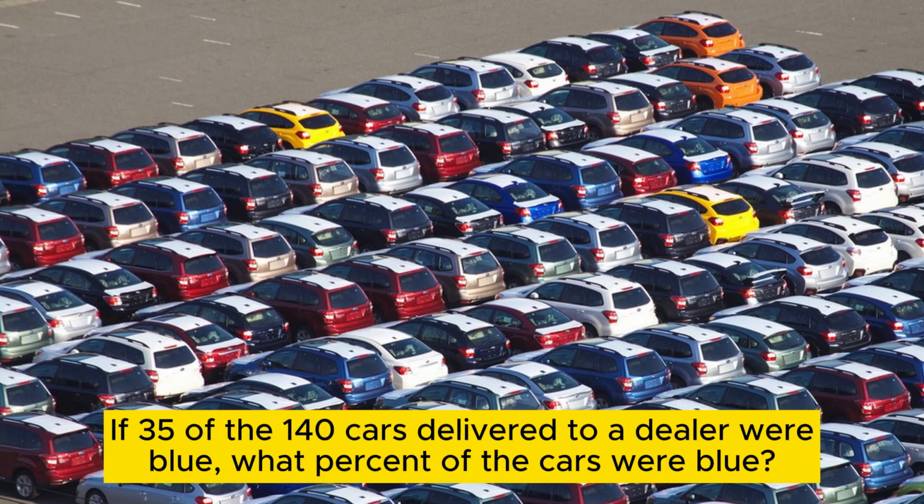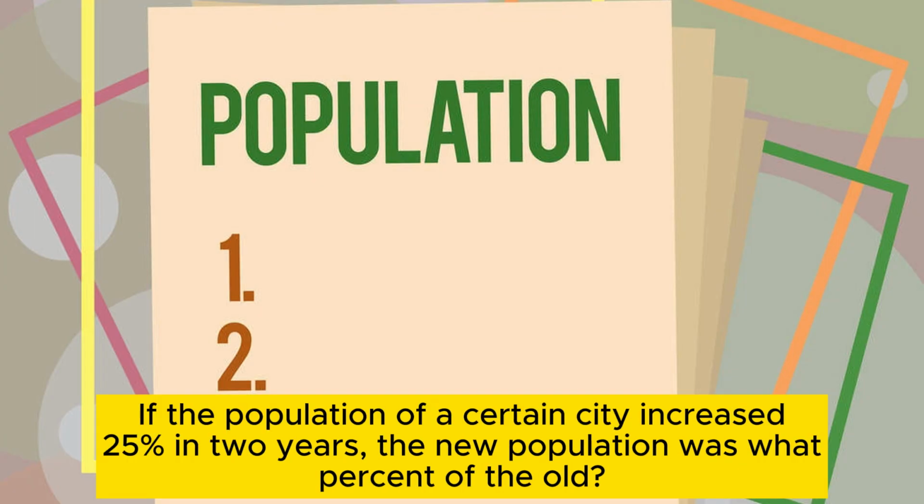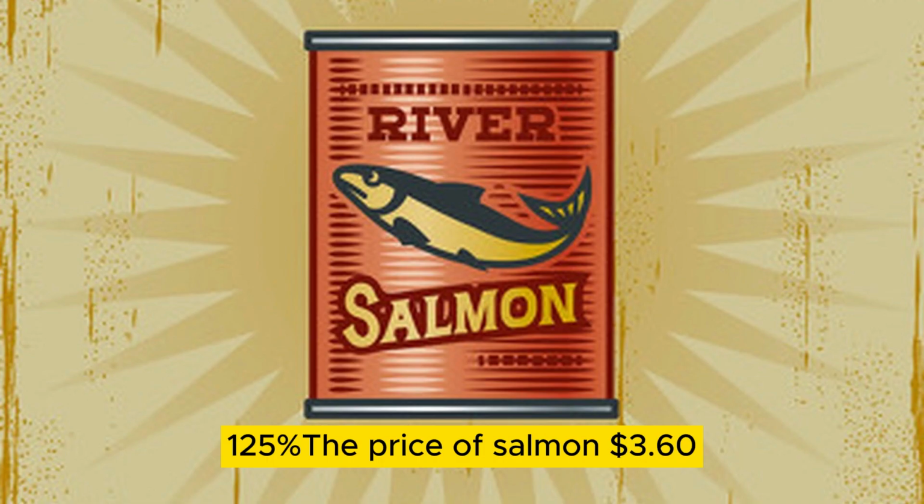30 feet. If 35 of the 140 cars delivered to a dealer were blue, what percent of the cars were blue? 25%. A box of nails weighs 1 5/6 pounds. What is the weight of 12 boxes? 22. If the population of a certain city increased 25% in 2 years, the new population was what percent of the old? 125%. The price of salmon,